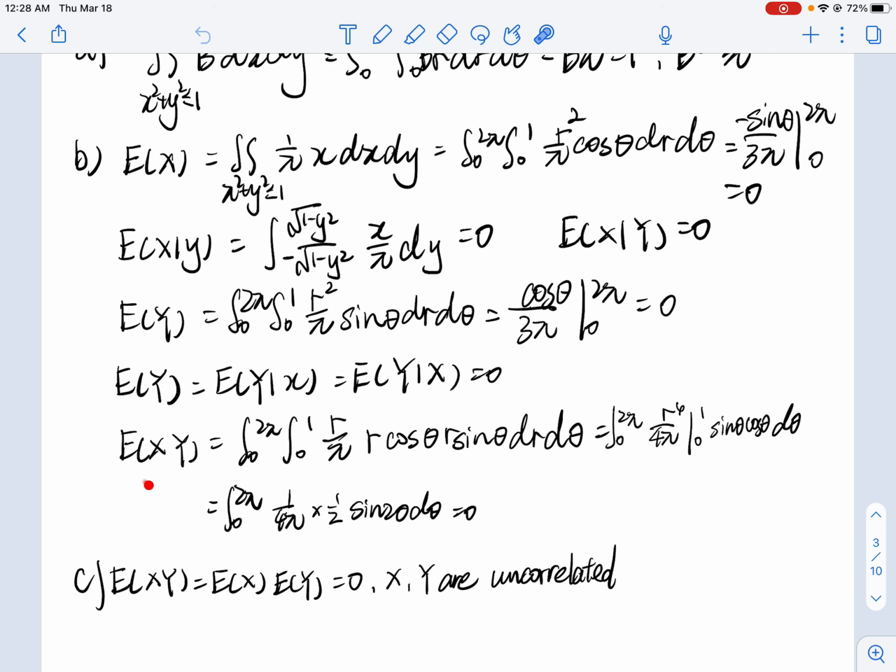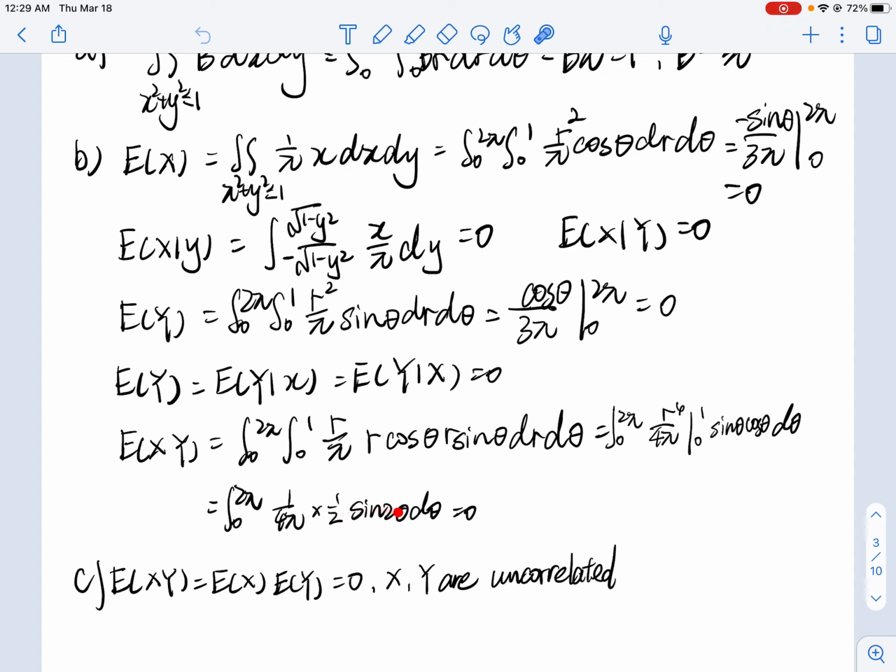And for the expectation of x times y, we can replace x and y with r multiply cosine theta and r multiply sine theta. So the result is r squared over 4 pi, and there is a sine theta and cosine theta. We can know that it is half of sine 2 theta. So